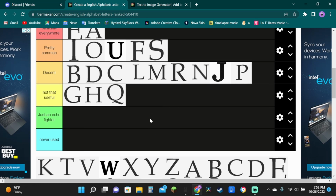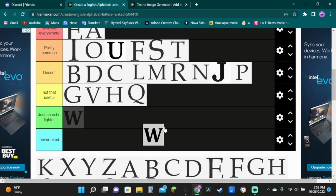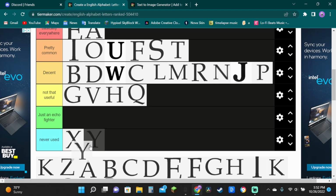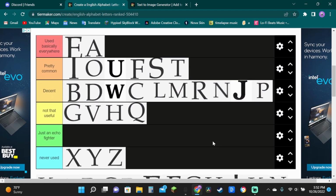S and T, I don't know why, I feel like they're pretty common. Okay, V. Yeah, with these last couple letters, we definitely. Actually, no, I feel like W is pretty decent. But X, Y, and Z, no one ever uses those. Until you might notice,